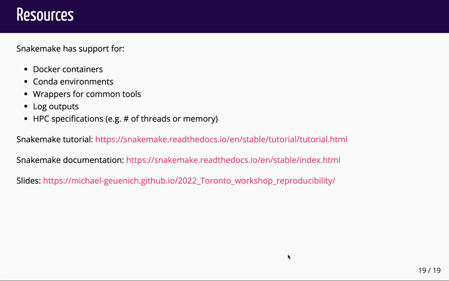Snakemake is quite powerful, so there's many more features that I didn't talk about, some of which are Docker containers. So each rule could have a separate Docker container. There's also a possibility to add one Docker container for the entire workflow. It allows for the specification of Conda environments. There's also wrappers for very commonly used tools that one can just use online, and then it doesn't take a lot of installation. There's support for log outputs and also high performance computing specifications such as the number of threads